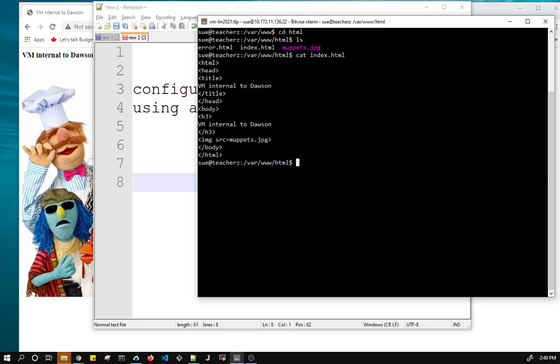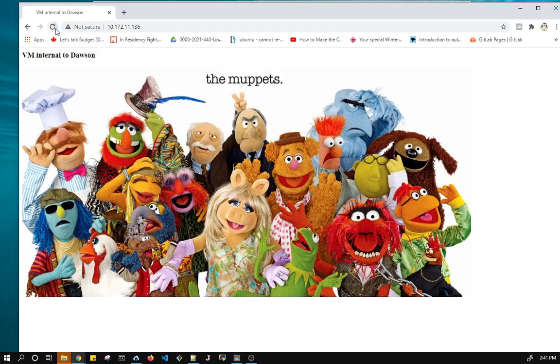If we look in here, we can see that I have this simple HTML, which has a title, VM internal to Dawson, and a header, and then we use this image, Muppets, and this is what we see when we load the server. So we've set up content for the default. Now what we want to do is set up a port-based virtual